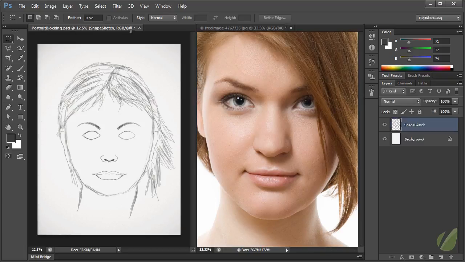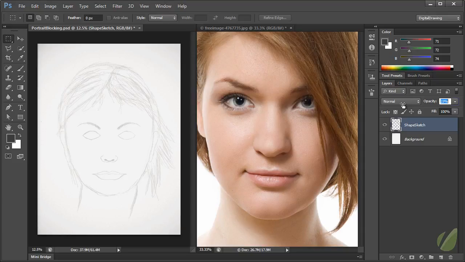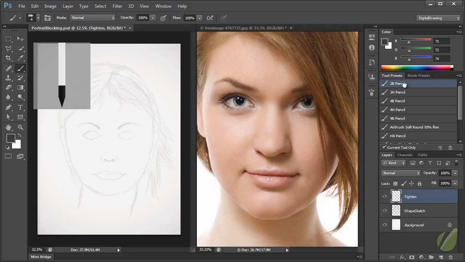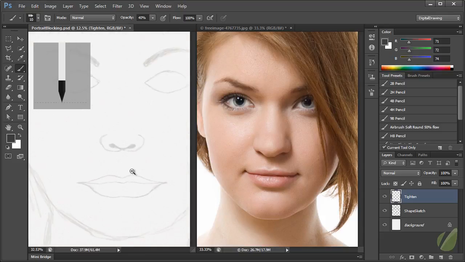So let's go back over here to our work file. I'm going to reduce the opacity of that shape sketch because that's, again, just a way for us to keep things in relative place. I'm going to add a tighten layer. And what I mean by that is I'm going to start tightening up this sketch. Grab my brush tool. I'm going to be working with the 2B pencil, and I'm going to reduce the opacity to about 40%. Alright, and then I'm just going to go in